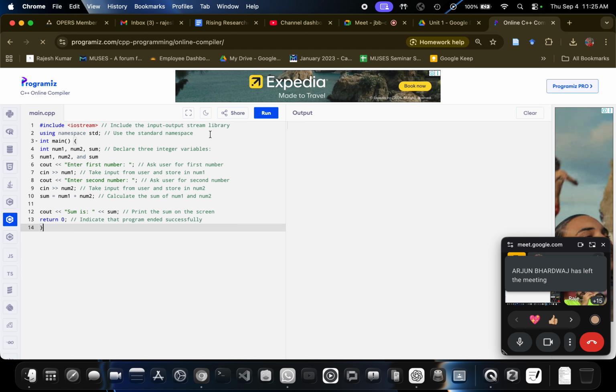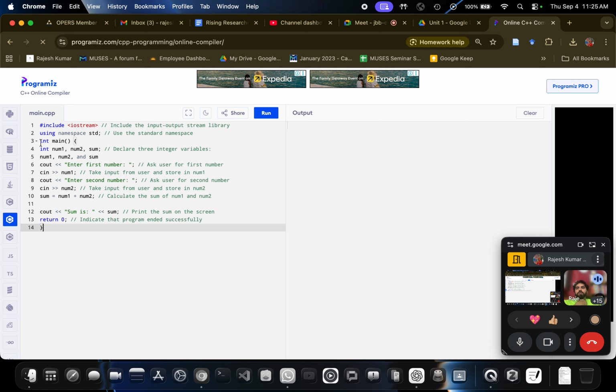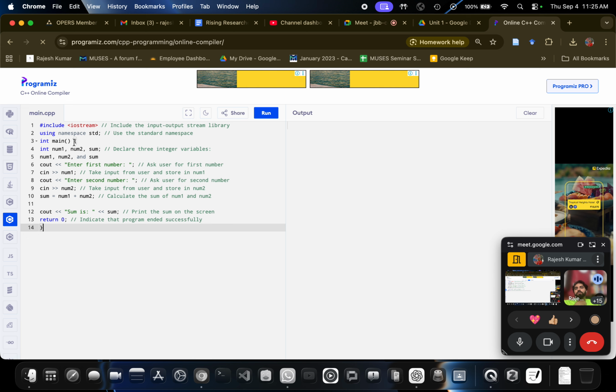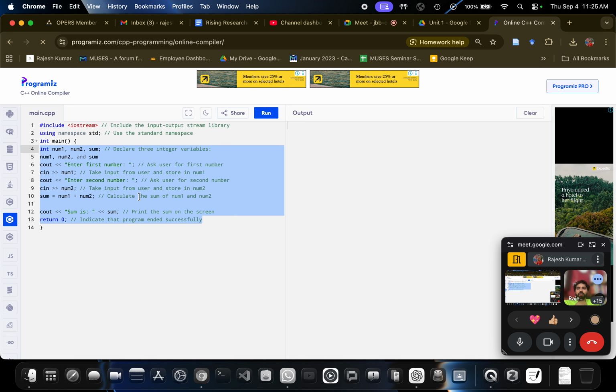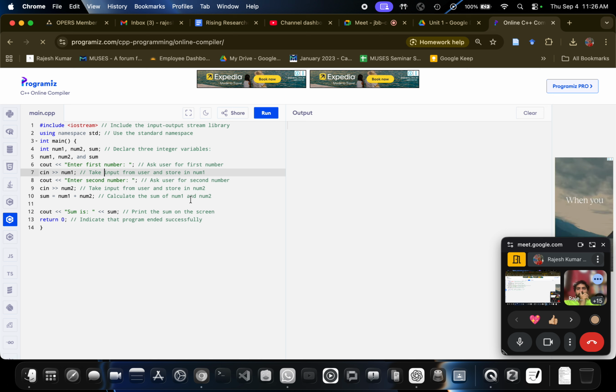Then we start with the int main function, where we write all the main entities of the program, and it will return something. If it returns zero, it means it was executed well. If it doesn't return zero, that means there was some fault, some error in the program.